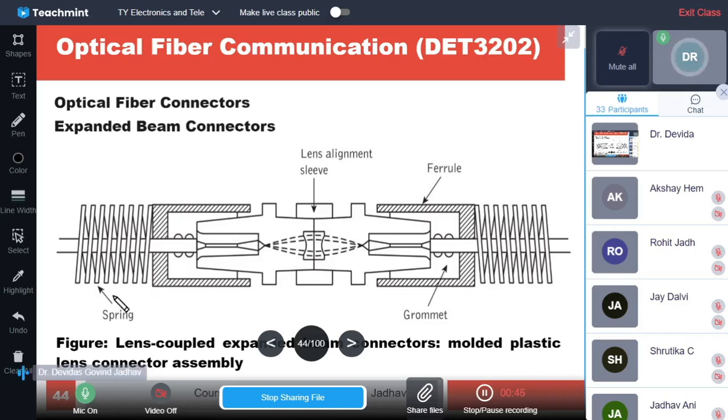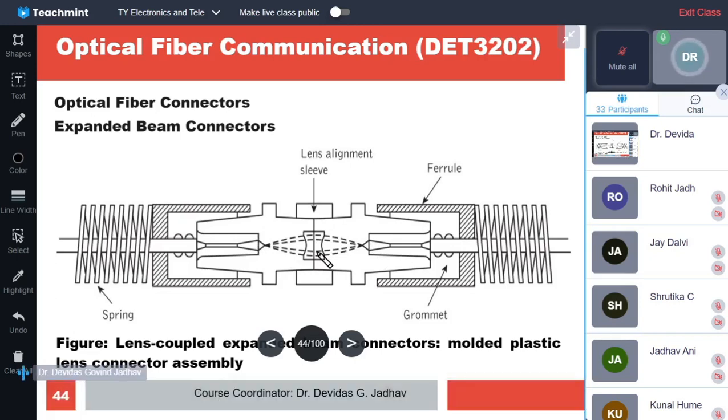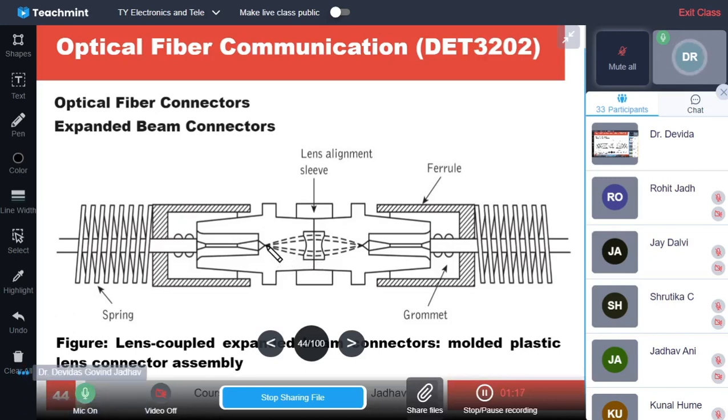That assembly is firmly holding the fibers, and also the lens alignment sleeve and the lens, so that the distances between one fiber end, the second fiber end and the lens can be properly adjusted, so that the focal point